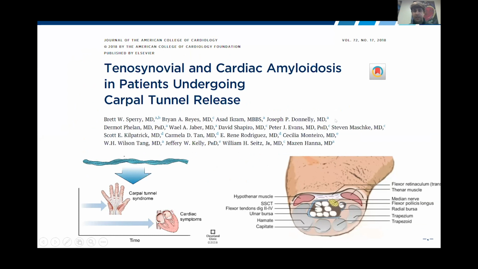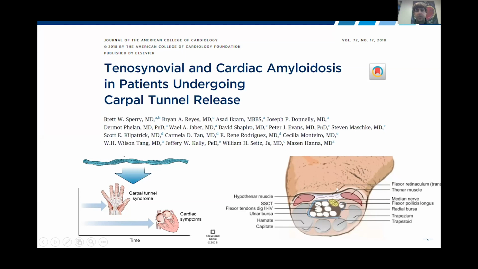So if you can see the picture on the right, this is a cross section through the wrist, and you have some of the bones of the wrist here, and I'm going to explain this in a non-hand surgeon way that hopefully most of us can understand. So this is the carpal tunnel, and these are the contents of the carpal tunnel. Some of these are tendons, and then there's the median nerve here. This is covered by the flexor retinaculum, which is the transverse carpal ligament. So if there is proliferation of various things within this carpal tunnel or of this flexor retinaculum,